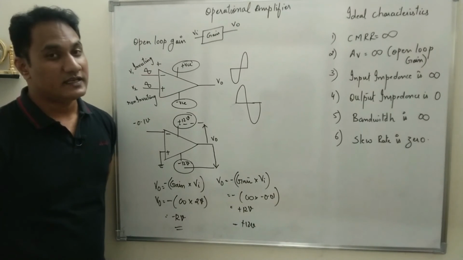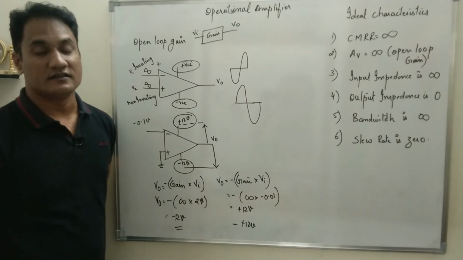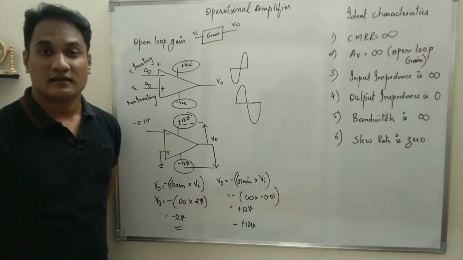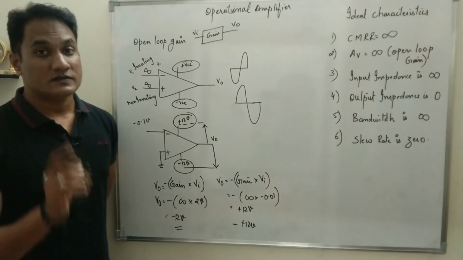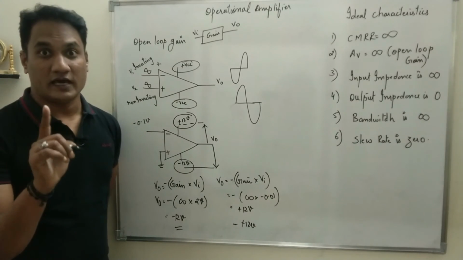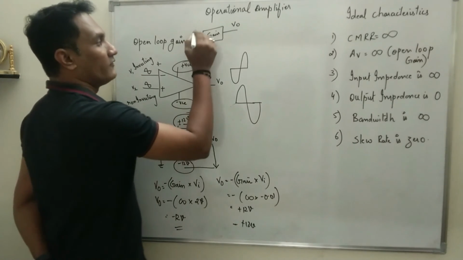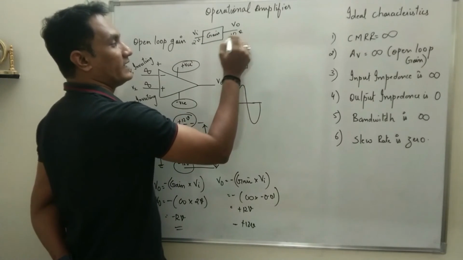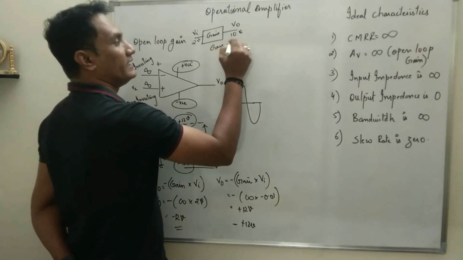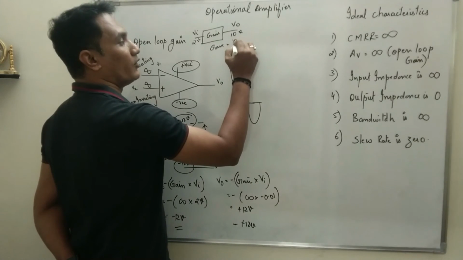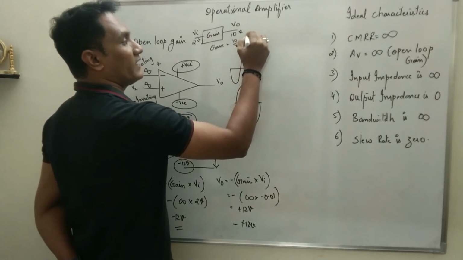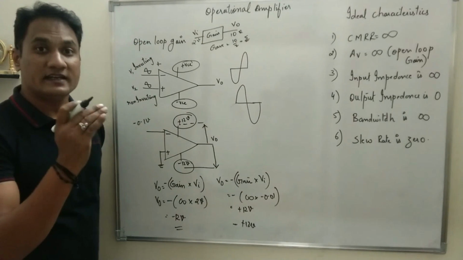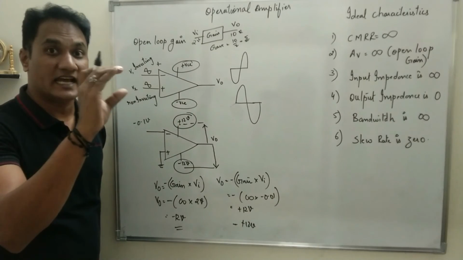So can we say that the circuit which we have designed is working as an amplifier? See, in an amplifier you should have a finite gain. As I said, for example, if the input voltage is 2 volt, output voltage is 10 volt, so gain will be here 10 upon 2, which will be say 5, right? So gain is 5. So if you design an amplifier, you should have a finite gain.